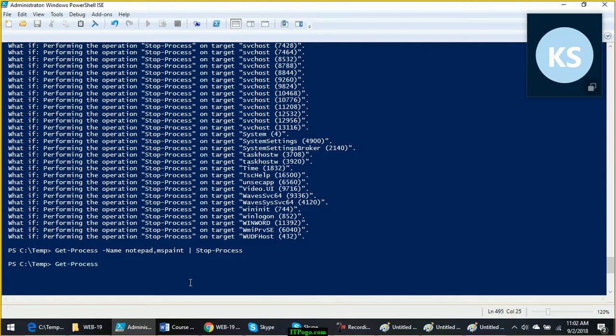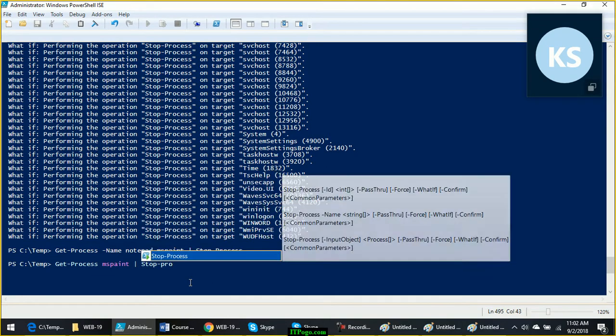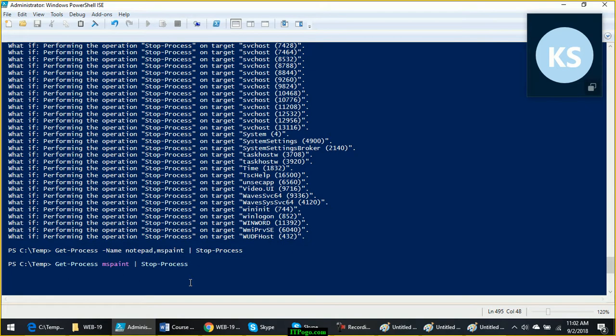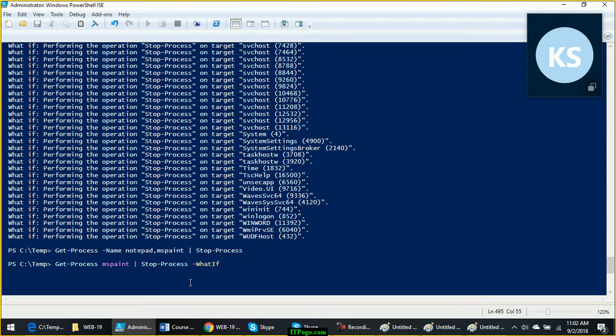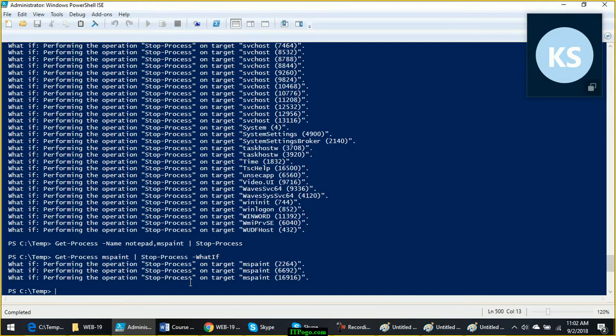I can directly give the name of the process, mspaint. And if I pipe it to stop hyphen process and I use what if, just to understand what it is going to do with this, it will try to stop these three processes, right? This is how what if works.